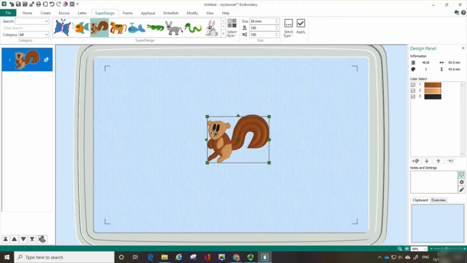Okay, now what I'm actually going to be doing is working on a design for a gift that I'm making for a friend. I'm going to customize some pajamas for her, just do a little bit of embroidery on the pajama top, so it's a nice personalized gift. So I've got my super design in here. The next thing I want to do is add some lettering. So up here on the letter tab,